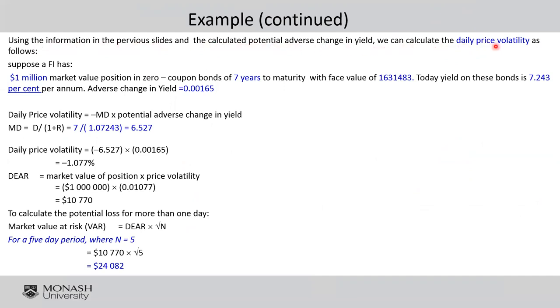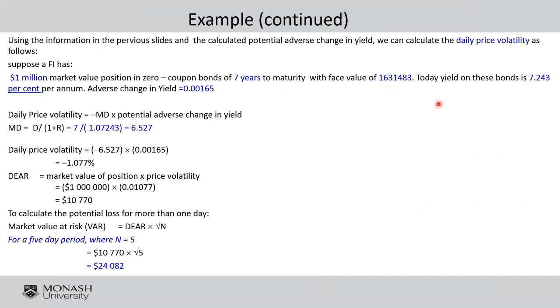We can calculate the daily price volatility risk. Assume we hold a 1 million market value position in 0 coupon bonds. It has 7 years maturity with a face value, after 7 years, of 1,651,000. And today the yield on that bond is